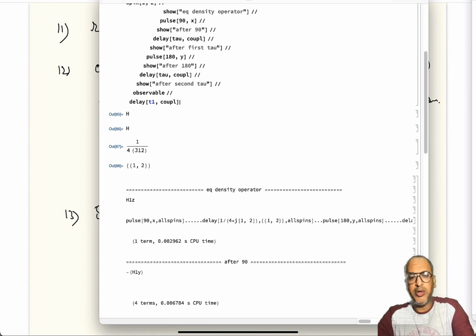So that is all for today, and let us take more examples using product operator calculations in Mathematica for 2D correlation experiments. We will take up examples with and without phase cycling. We'll also take up using gradients, see how to apply gradients in these types of commands, and see how the density operator is